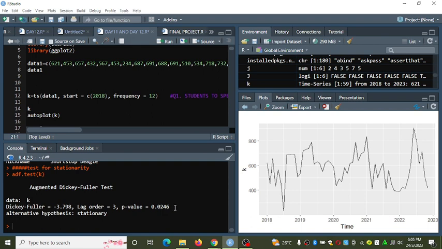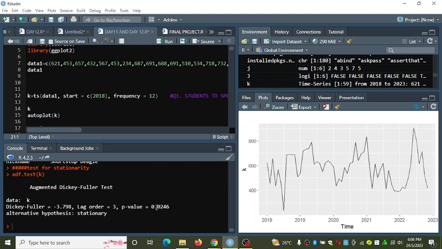So from this output here, we have 0.02. Is 0.02 greater than the significance point of 0.05? We say no. This point is not greater than 0.05.